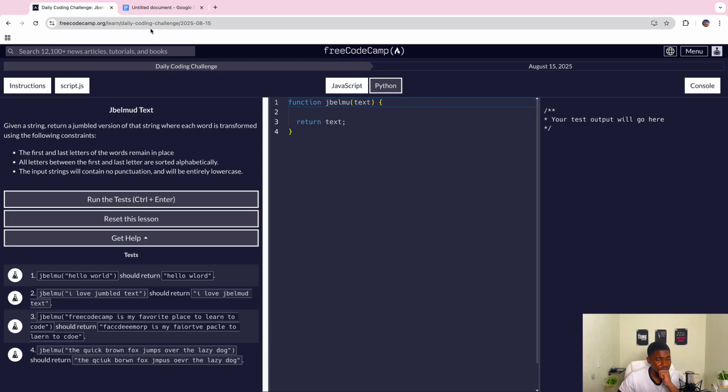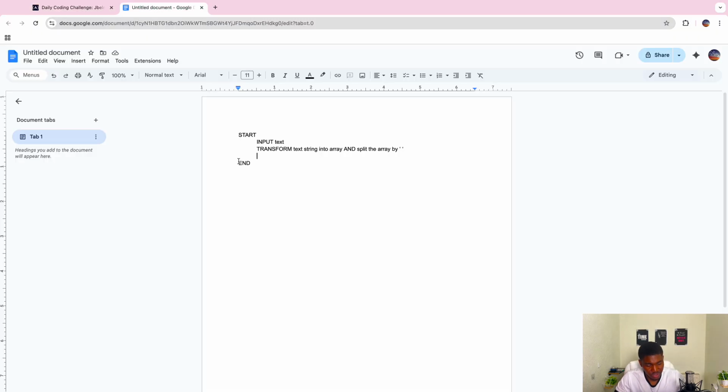That's gonna be a bit annoying, but let's just try it. So I'm gonna split each word into their respective arrays,